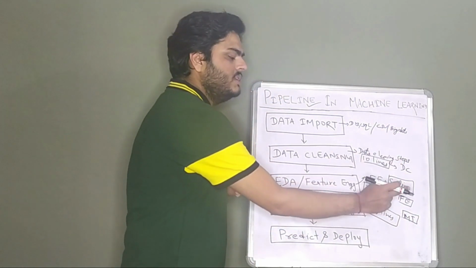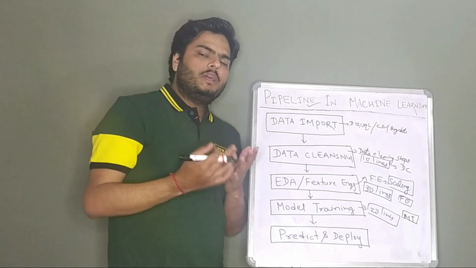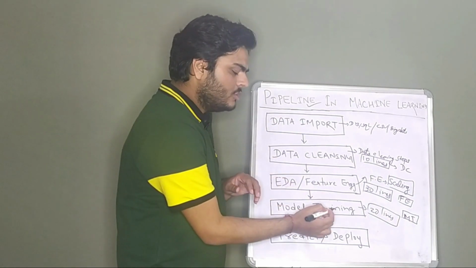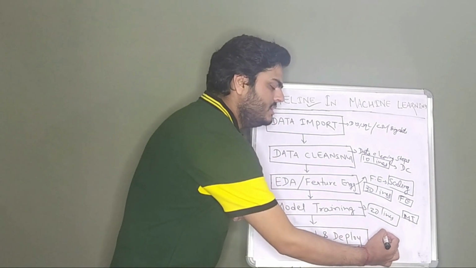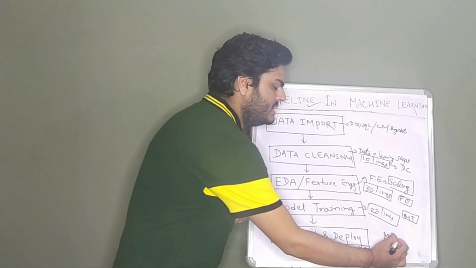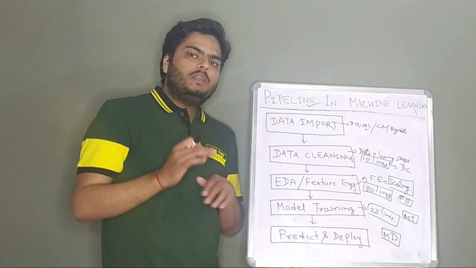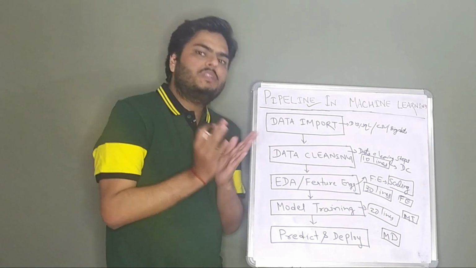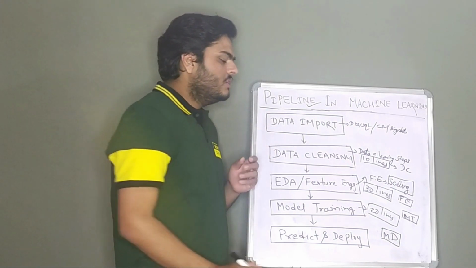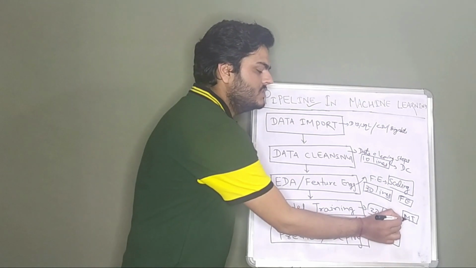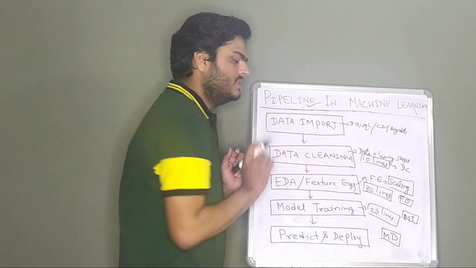Data cleaning, feature engineering, model training, and then we write one more function which consumes the output of this step, and we write here model deployment or prediction, let us say. And in the end we will write a main function or main script or main file which will call this function, this will call this function, this will call this function.